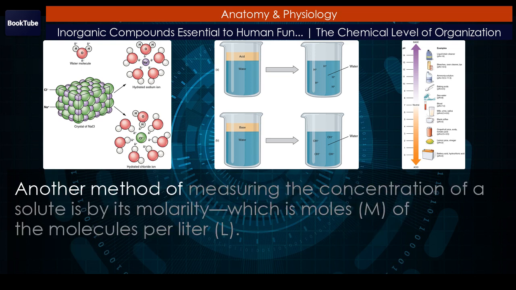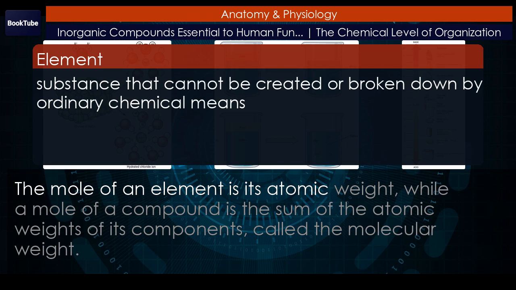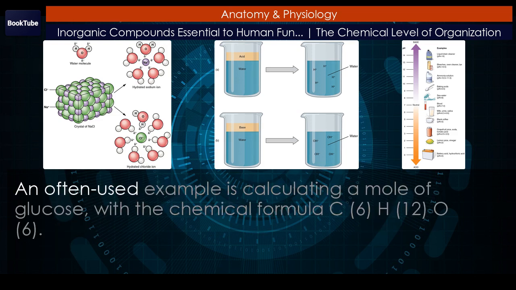Another method of measuring the concentration of a solute is by its molarity, which is moles, M, of the molecules per liter, L. The mole of an element is its atomic weight, while a mole of a compound is the sum of the atomic weights of its components, called the molecular weight. An often used example is calculating a mole of glucose, with the chemical formula